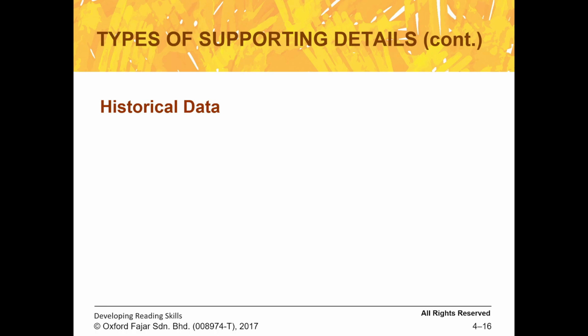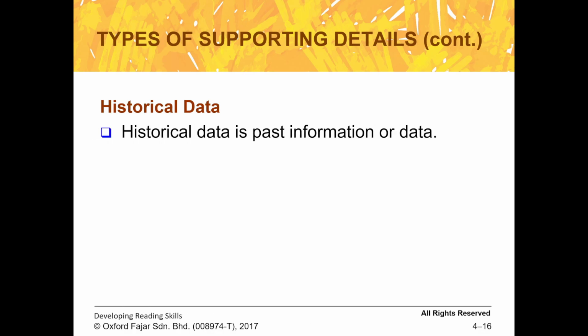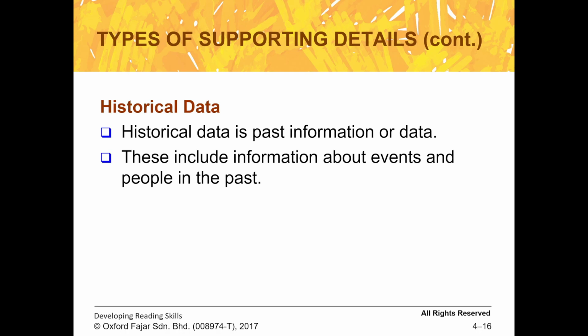Historical data which are based on history or past events. So it's a past information or data. Alright. So this includes information about events and people in the past. For example, our Independence Day 1957. That is historical data. Whatever happens in the past that you want to include as your supporting details, those can